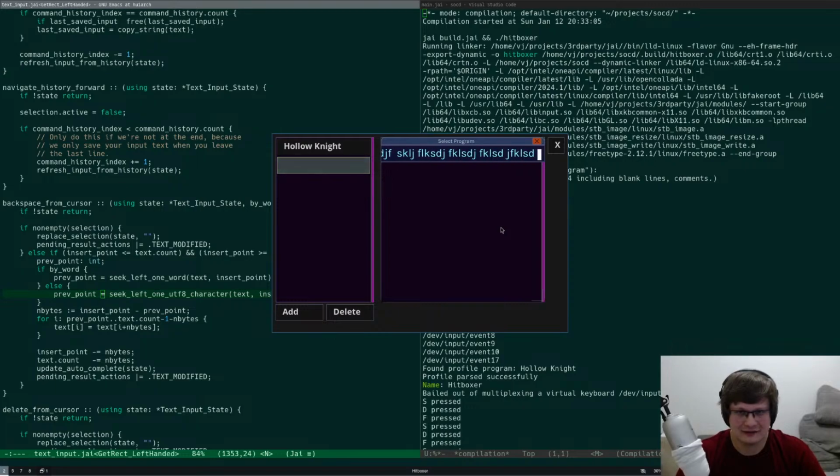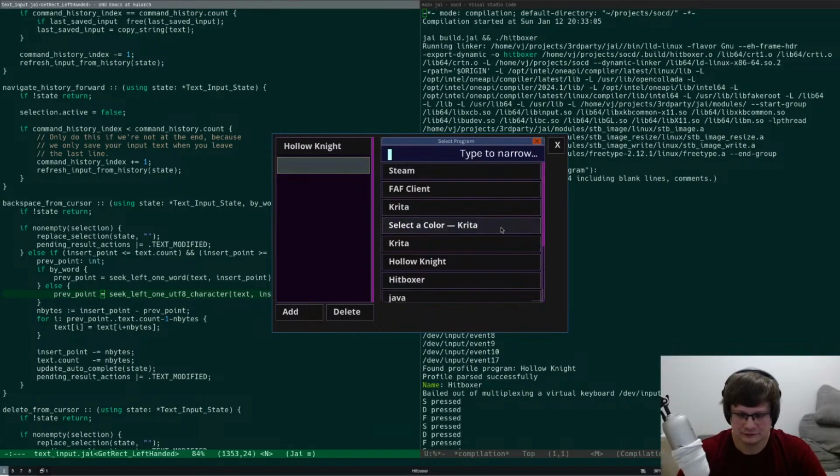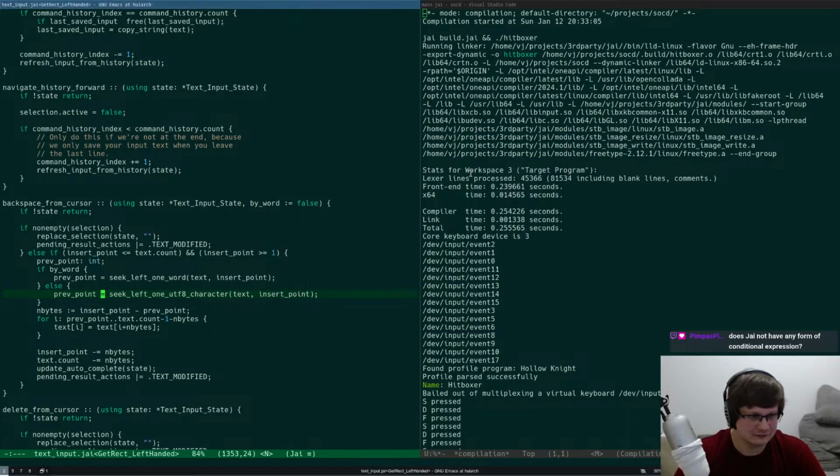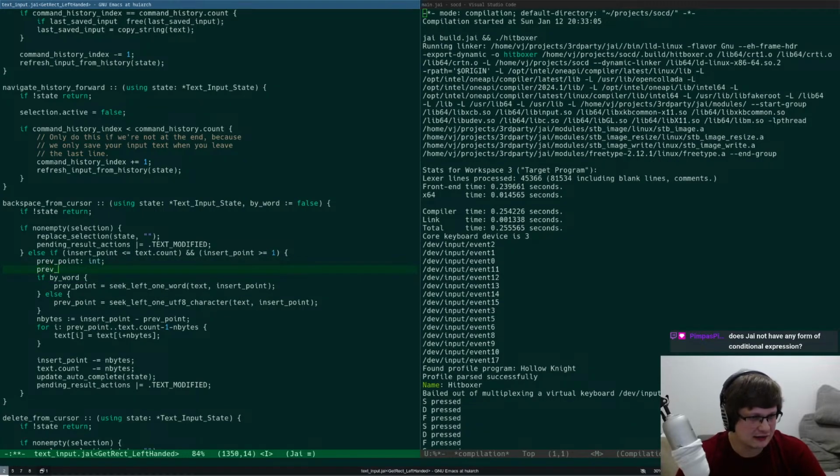Okay. Nice. And you see it inserts delete as a Unicode symbol, because of X11 shenanigans. Oh, actually it has. Yeah, now that you mentioned it, it has